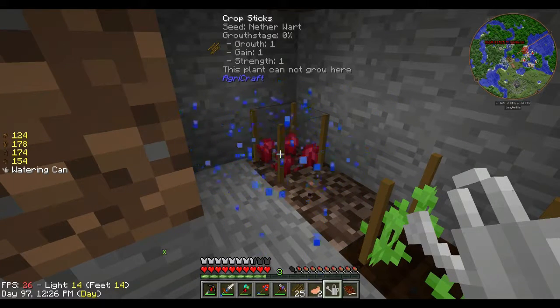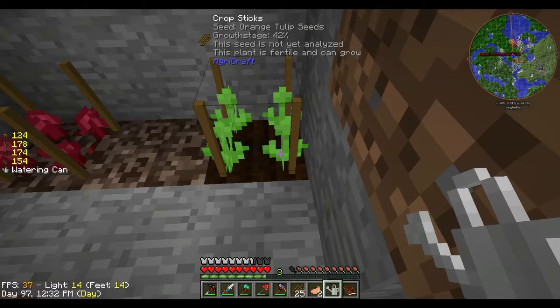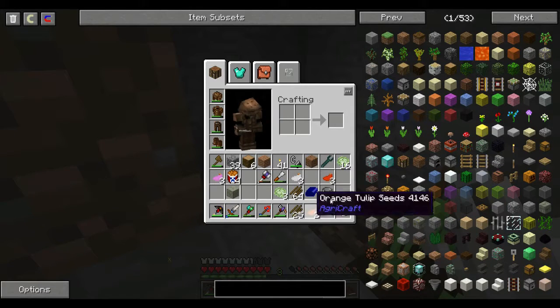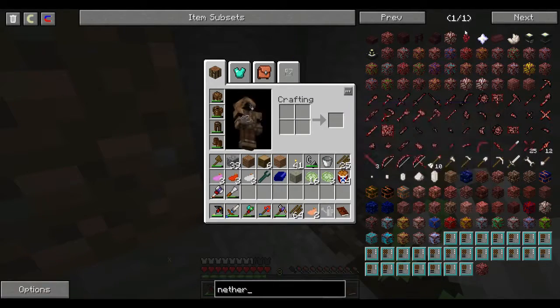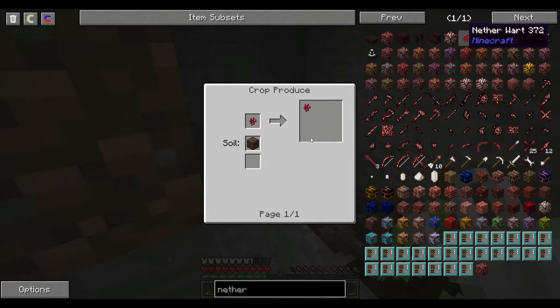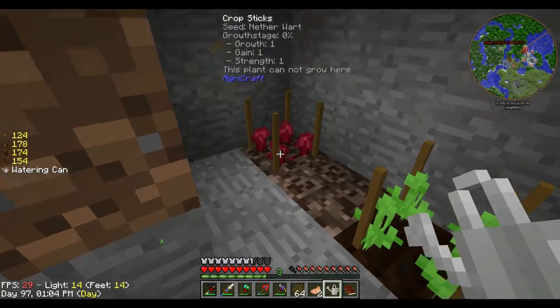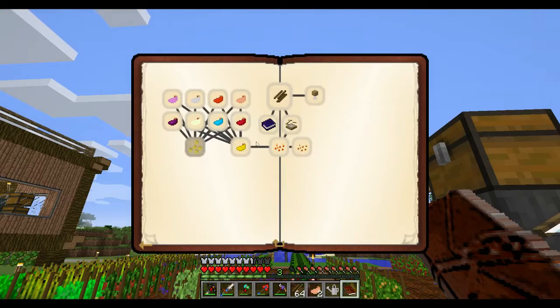This plant cannot grow here. Why not? Let's have a look. Ah. Soul sand. I'm confused. Let's have a read. Is there one for...